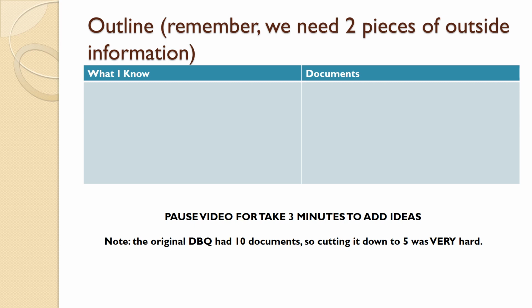By the way, the original DBQ had 10 documents, so cutting it down to 5 was a little hard. Which also means that if you're from the future or you're some teacher that is using this or some student from another class, I understand the DBQ, the way I edited it, is not perfect. And I understand that the students that wrote the DBQ back in 2007 may have written something slightly differently because one, they had more time, but two, they had more documents. It's a long way of saying, I know, but I still think we came up with something close to what the College Board could ask. Anyway, sorry. Go ahead, pause the video.